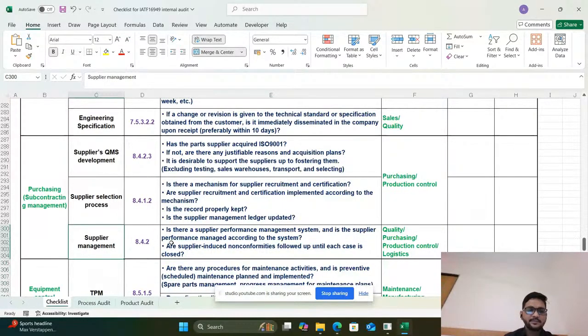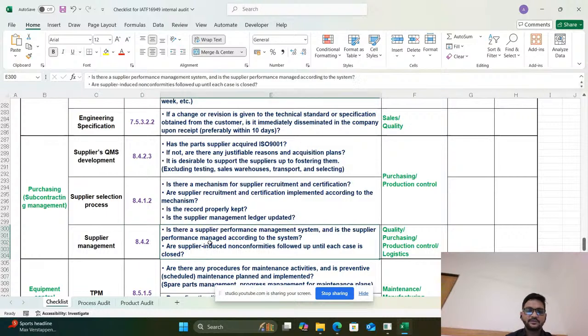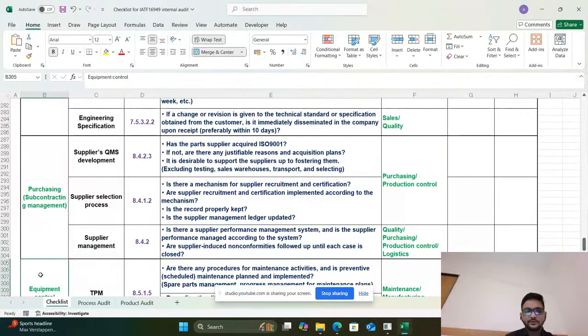Next is supplier management, that is 8.4.2. Is a supplier performance management system available or not, and are supplier-induced non-conformities followed up until each case is closed or not? That we are going to check.